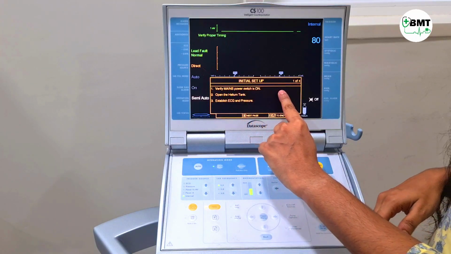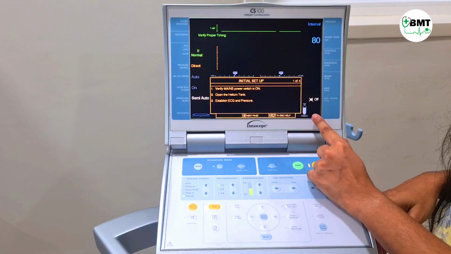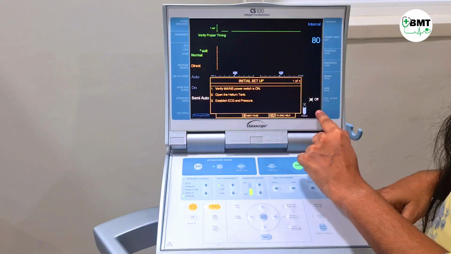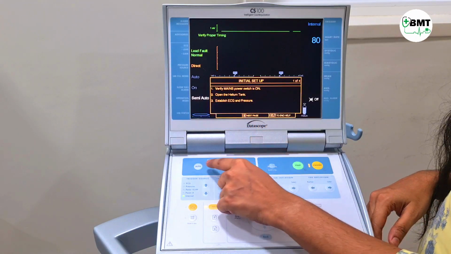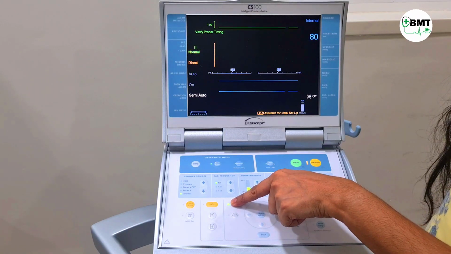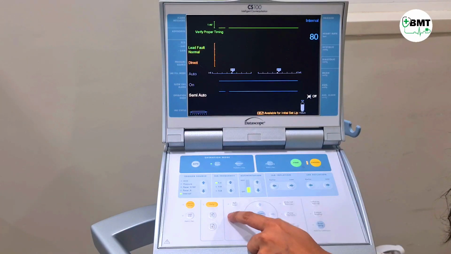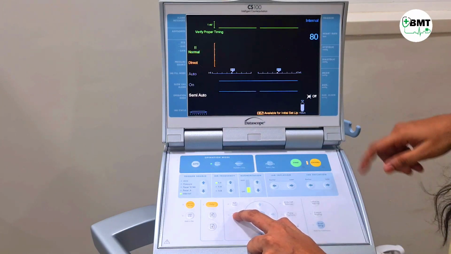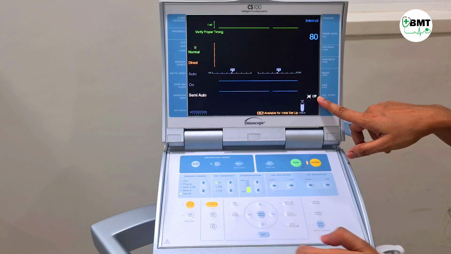That is, verify mains power is on, then open the helium tank which is over here, with the indication of the helium tank, and establish ECG and pressure, that is the trigger source. Then this is the reference line. You can see whenever you press this, the reference line will come over here. Then this is the augmentation alarm. If it is blinking like this it is on,